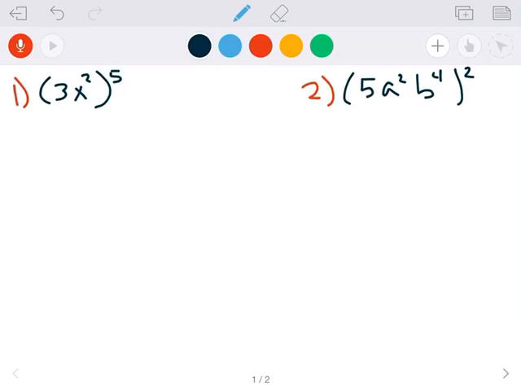Problem number one is 3x squared, to the fifth power. What I like to think about when I see this problem is that the 5 outside, I'm going to kind of use the distributive property based on the rule. I'm going to use 5 and distribute it to the 3 and to the x. What that looks like is